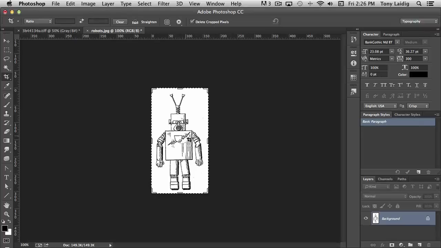And this is an image of a robot that I found from an old expired patent, which means that it's in the public domain and we can use it for however we see fit, including making a t-shirt on Teespring. Now, one of the first things that I'm going to recommend that you do is